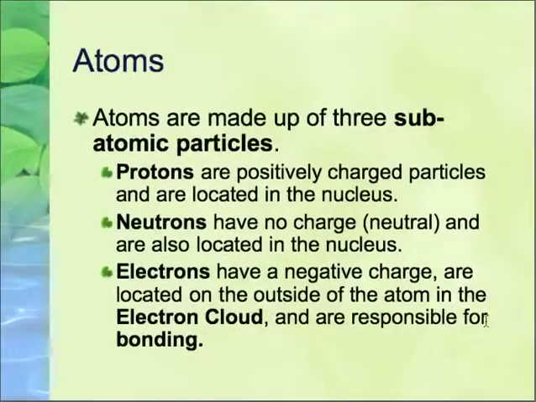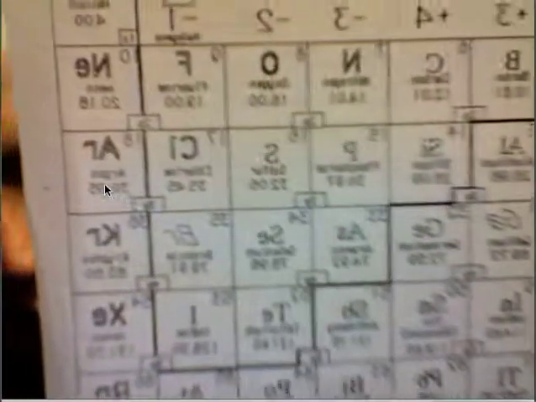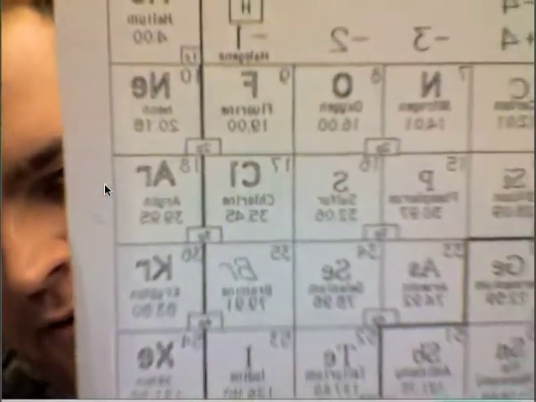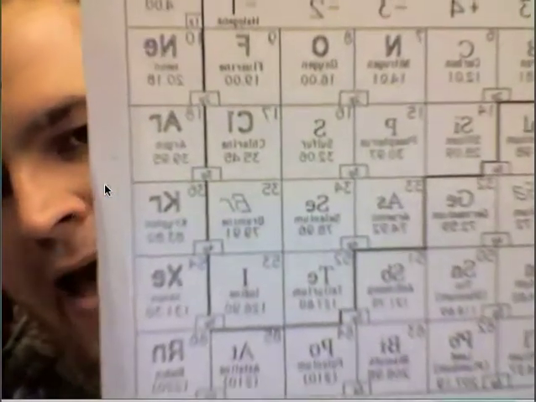Now the number of neutrons on the other end, and by the way, neutrons are these particles that are in the nucleus that have no charge, they really add heft or weight to the atom itself. So let's take a look at what that means. All right, so if we look at our periodic table, you'll notice there's a number. See fluorine right there? It's got an atomic number of 9, but it has a mass of 19.